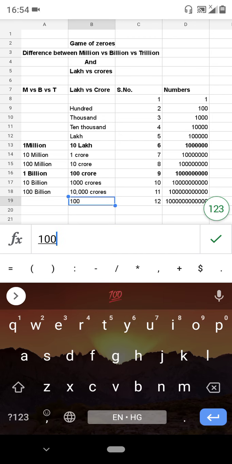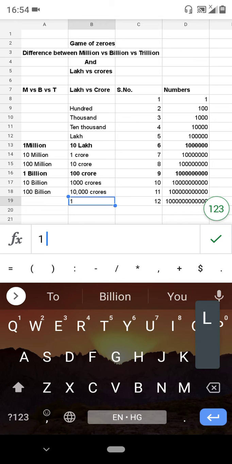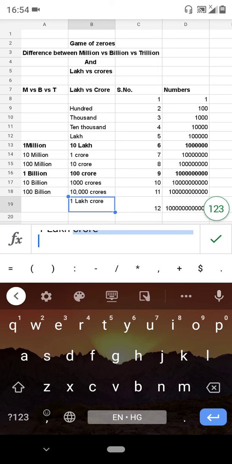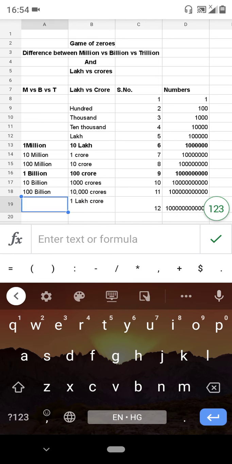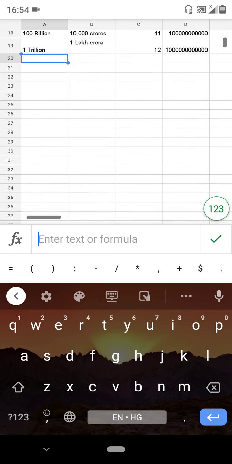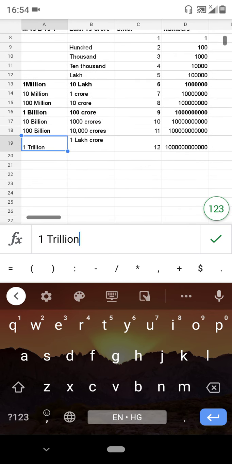So let's put it this way: 1 lakh crore. Wow, this is your big number. And these 12 zeros are called 1 trillion. 1 trillion, right? So here we have seen a clear difference between